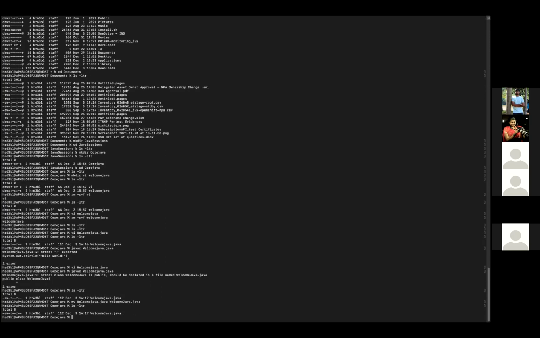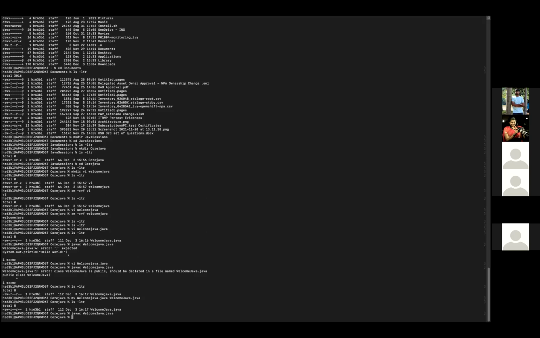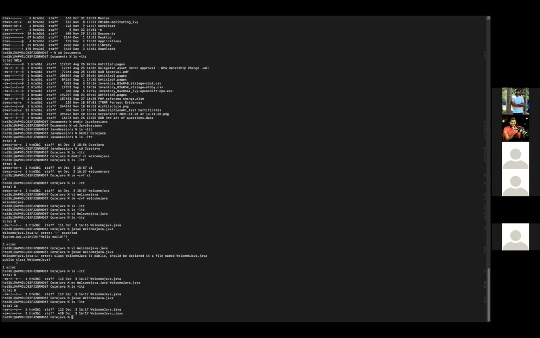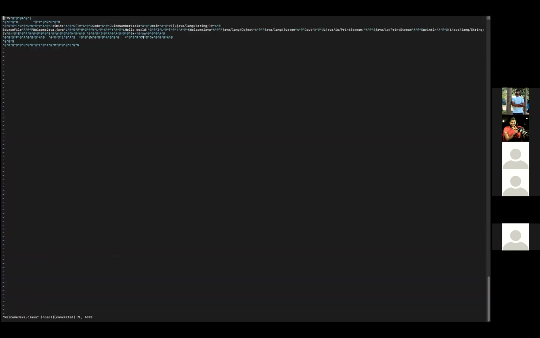Yes. Now try to execute your command again. Now can you go to the path where you have your .class file created? Can you just open that? Yes. So you can see that it's not an understandable format. You have all your bytecodes represented, which is understandable only by the machine.